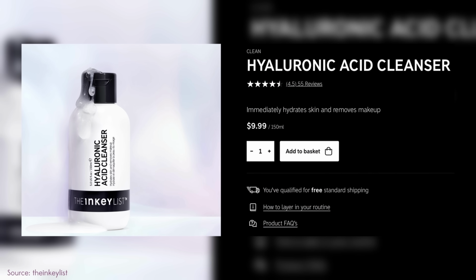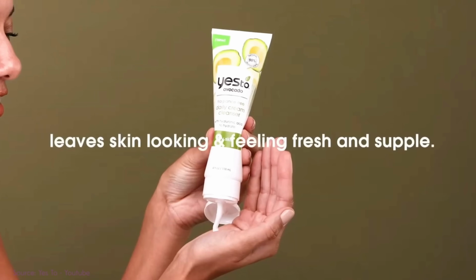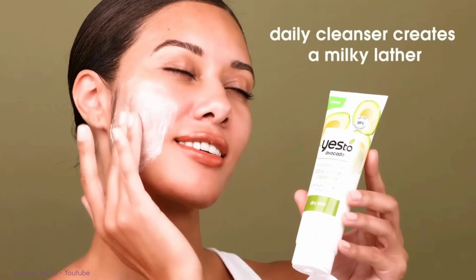Now, I do have to give the Inkey List a standing ovation. This hyaluronic acid cleanser is new, but it is so good. And if you have oily skin, this is great. It doesn't strip, it does hydrate, but it doesn't leave you with that buttery kind of soft feel that this one does. This one definitely kind of coats the skin and nourishes it, whereas this one just leaves you clean